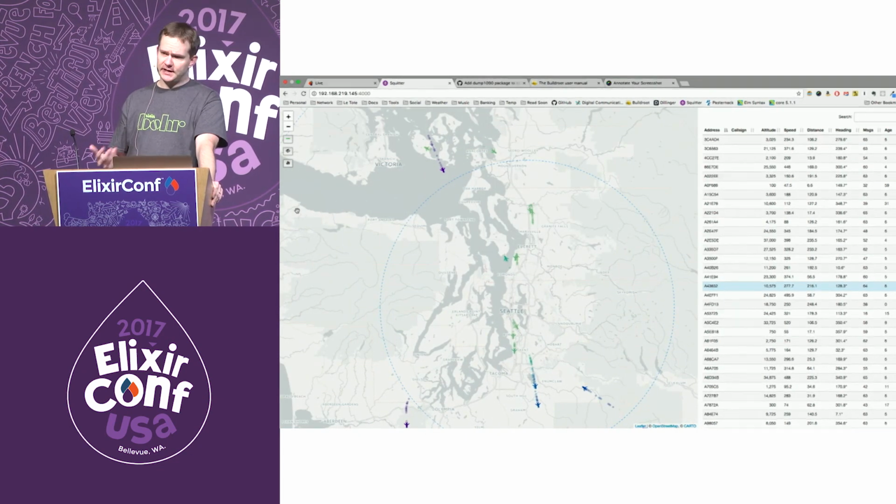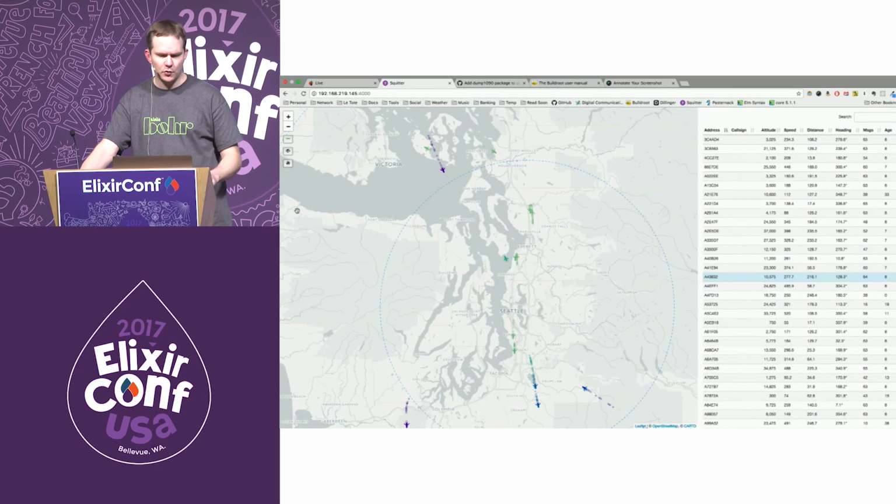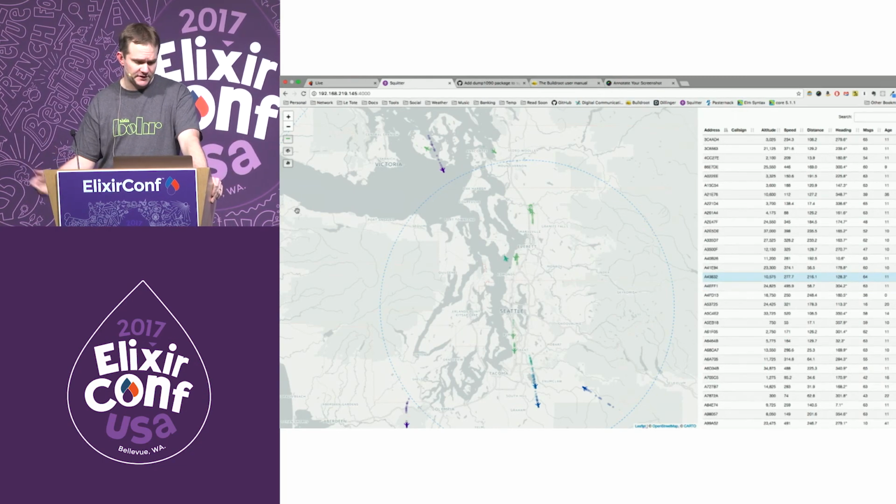Anyway, there's a lot to this application. I skimmed through a lot of it because there's so much, and I didn't even get to talk about the JavaScript part,